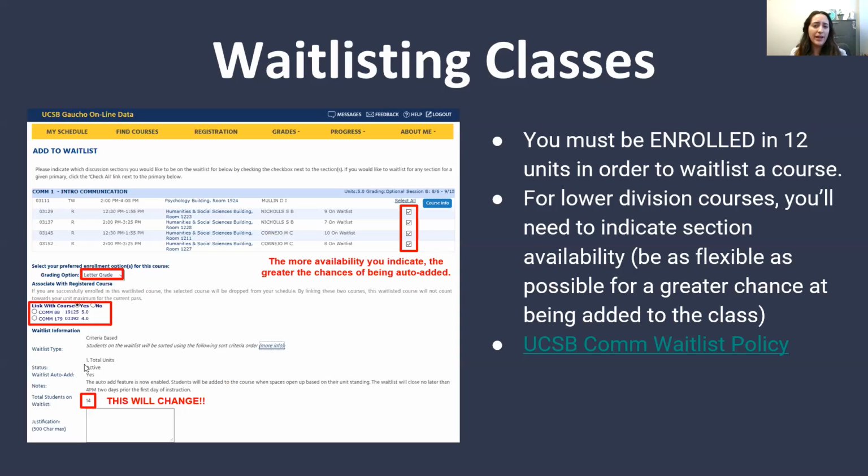How did I get farther away on the wait list instead of closer? The reason is that a student with more units completed than you may have been added to the wait list, so you'll see that change. That's the fairest way possible to ensure that students closest to graduation get the classes they need. We have more information about our waitlist policy on our website, linked here on this slide. I recommend you go visit there and read through that.